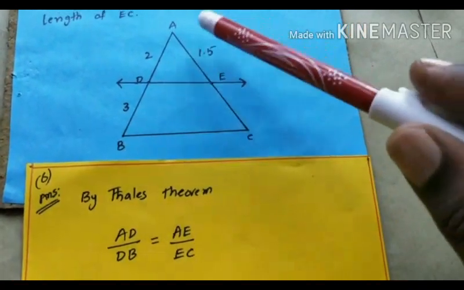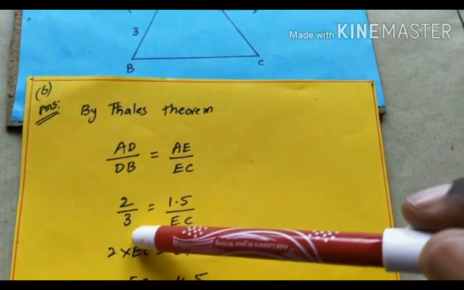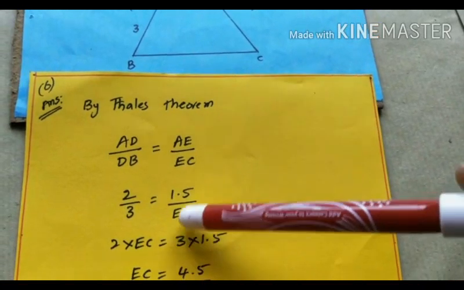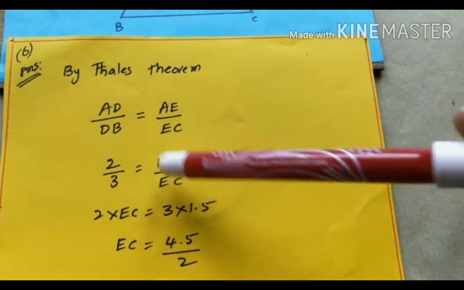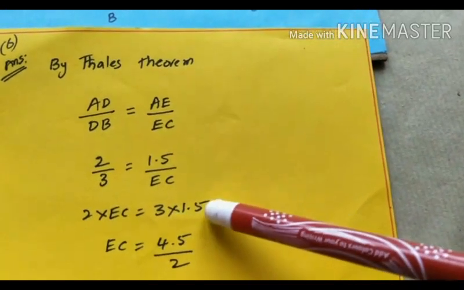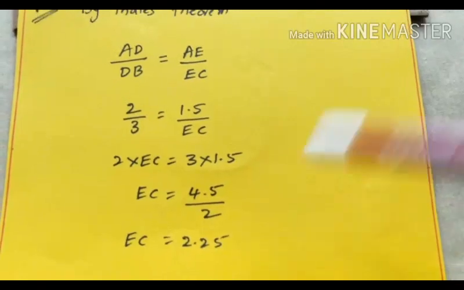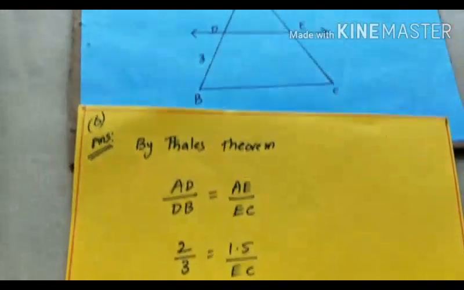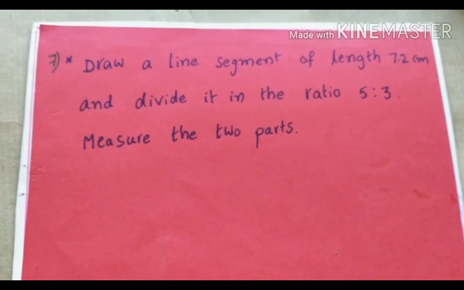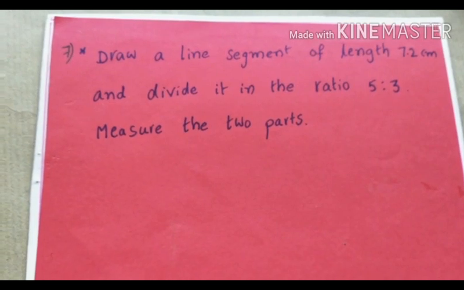So AD by DB equals AE by EC. Here AD is 2, DB is 3, so 2 by 3 equals 1.5 by EC. Here we cross multiply the fractions. So 2 into EC equals 3 into 1.5, EC equals 4.5 by 2, that is EC equals 2.25 centimeters. Now the 7th question: draw a line segment of length 7.2 centimeters and divide it in the ratio 5:3,